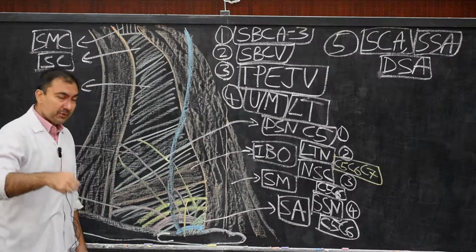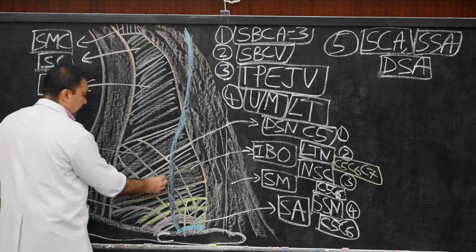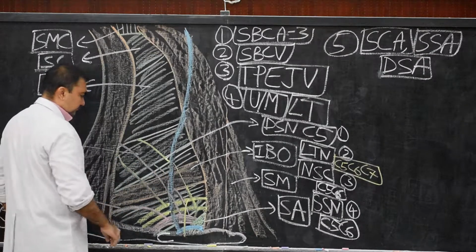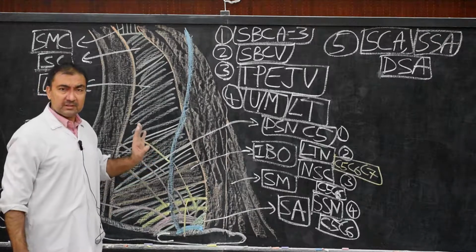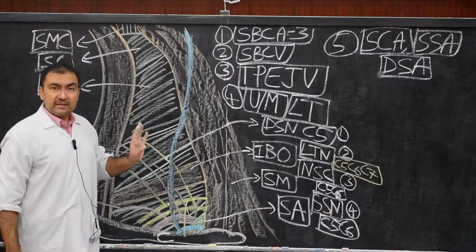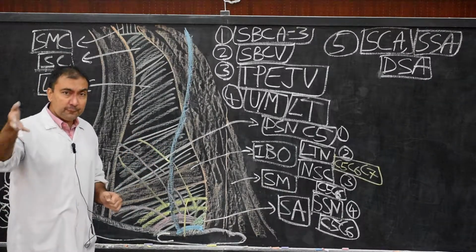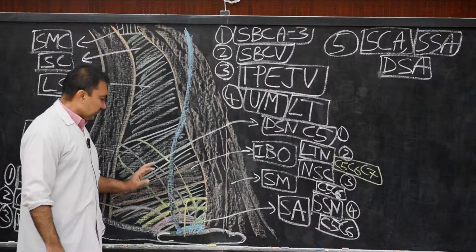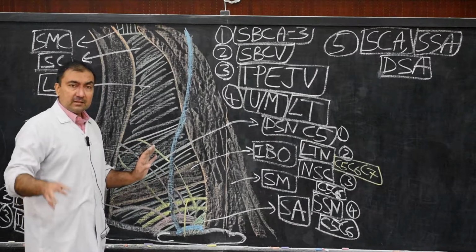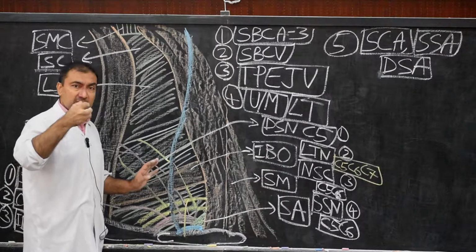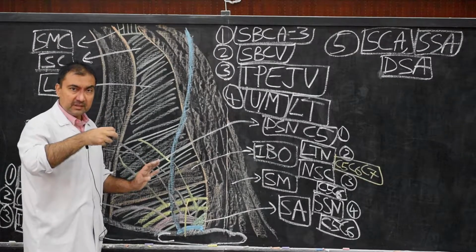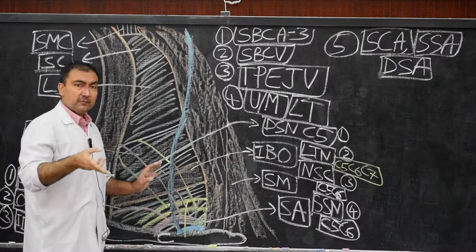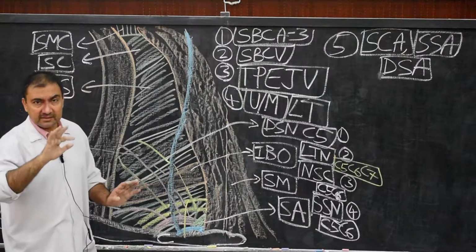Along with dorsal scapular nerve it is passing, and this artery will pass deep to the levator scapulae muscle. It will accompany the nerve and pass deep inside, deep to the levator scapulae,